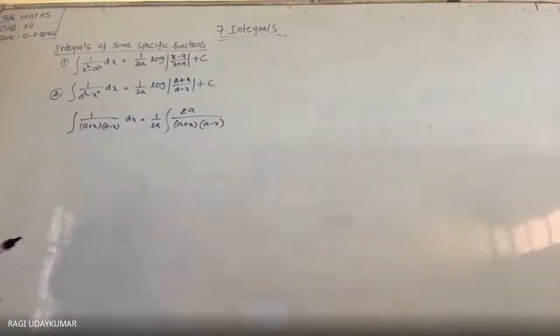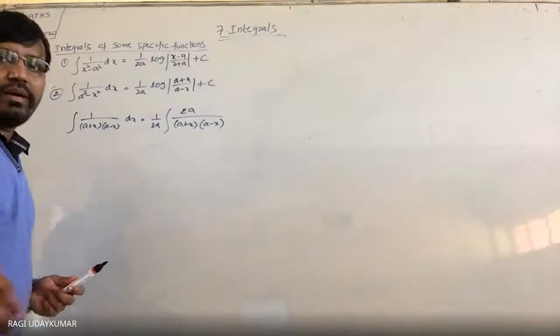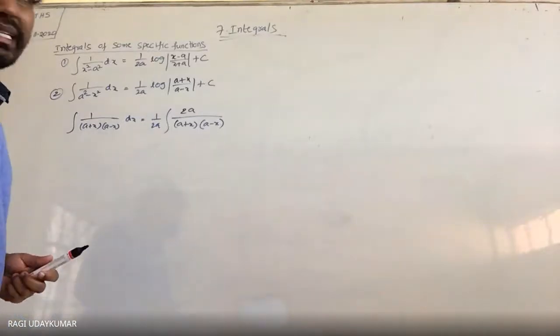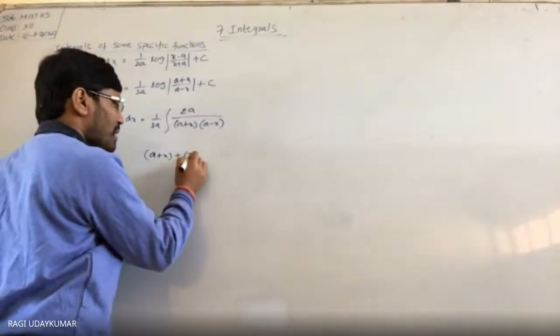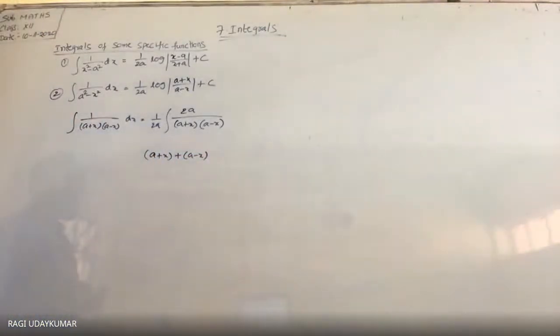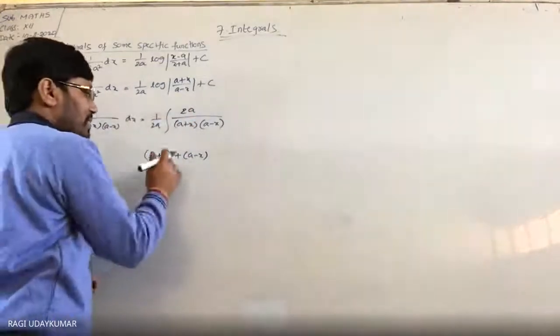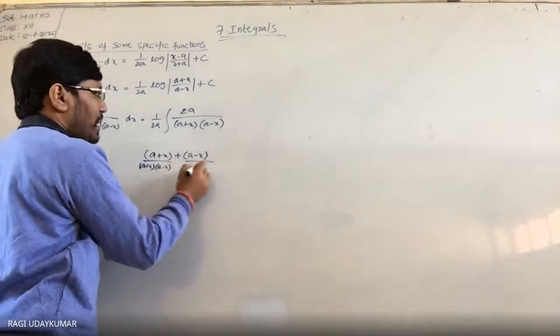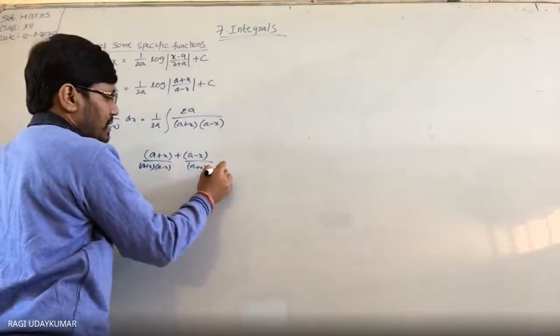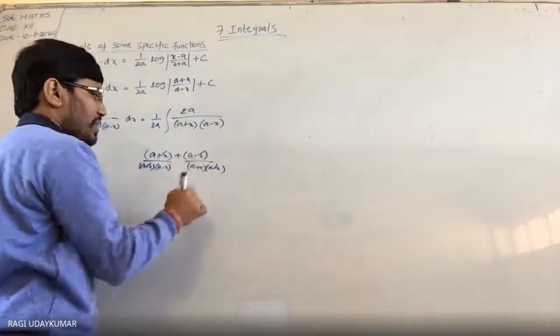Using a plus x and a minus x only, how can you split that one? That you thinking. Minus नहीं लेना है, प्लस लेना है. If you take a plus x plus a minus x ले लो, what do you get? a plus x by a minus x, 2a आ गया. So this can be split like that. So ये split कर लिया by a plus x into a minus x, by a plus x into a minus x. So now a plus x, a plus x, a minus x, a minus x will get.